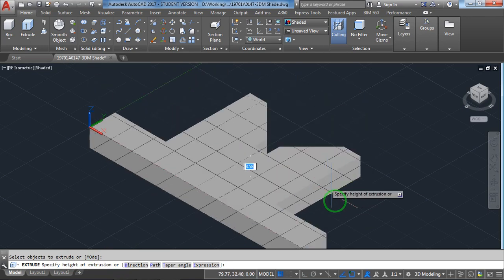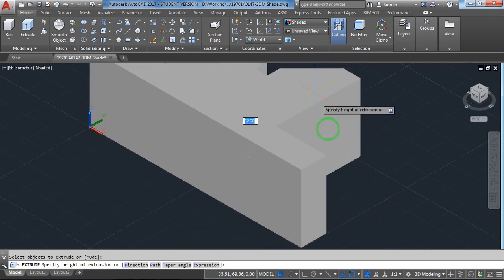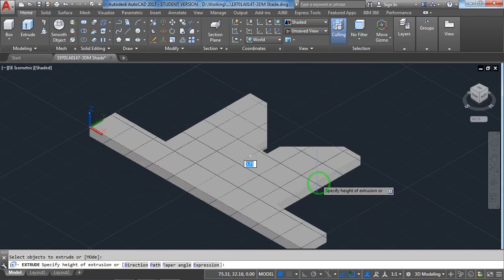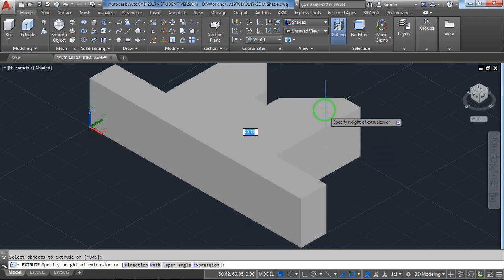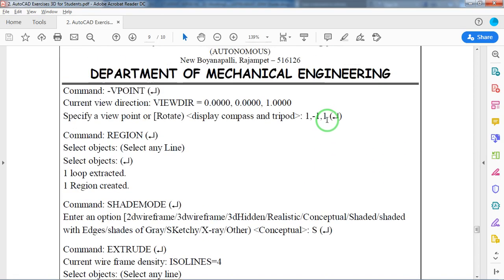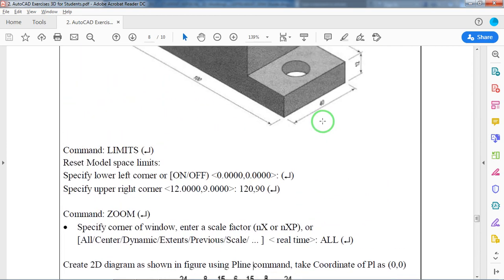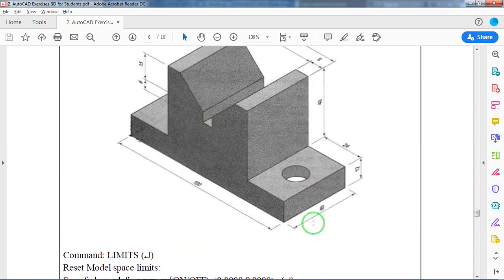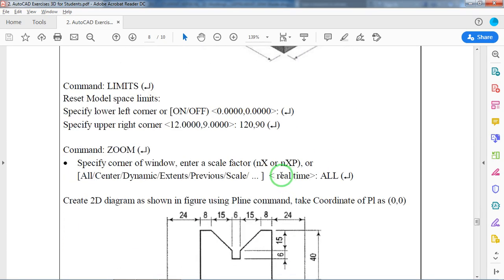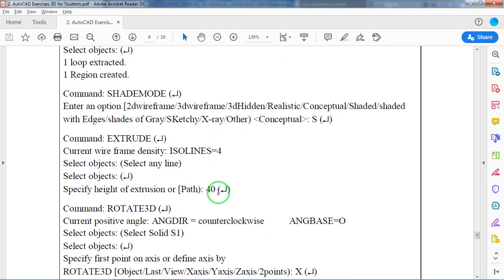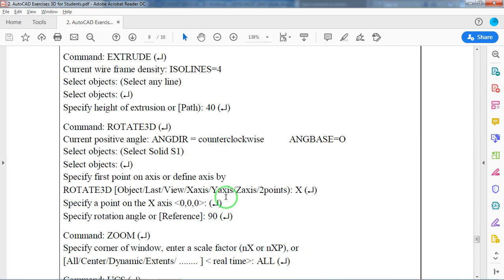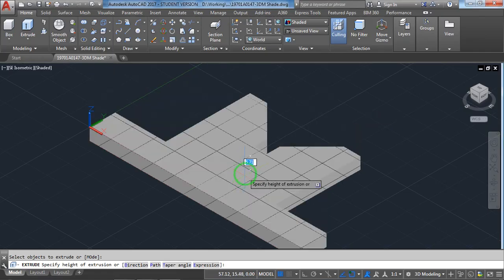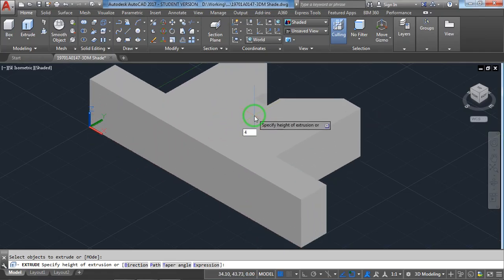Once it is selected, you can extrude towards plus or minus. Now I am extruding towards top. To what extent? I have to extrude this side to 40. Come towards top, enter 40.